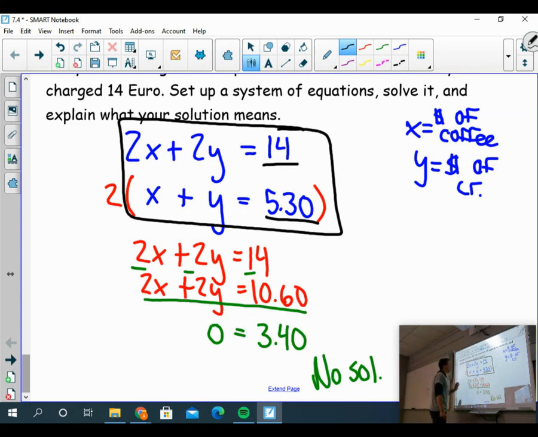So hopefully what you see here and what you get is that we can use our knowledge of elimination and substitution to solve systems of equations, which in turn helps us solve real world problems. The big skill I want you to be able to take away is not just what is your solution, but as you've seen in the last one, it can be very important to interpret what your solution means. So make sure as you solve the homework, you label well, you are very specific with your variables, and you can interpret what your